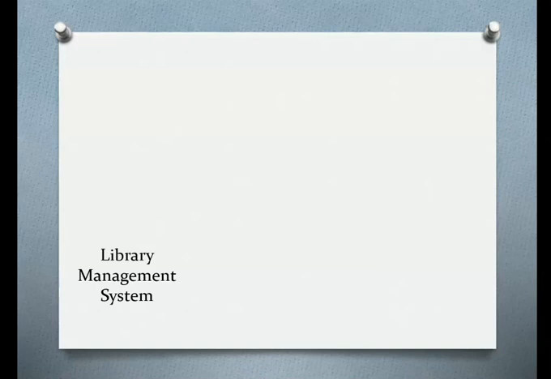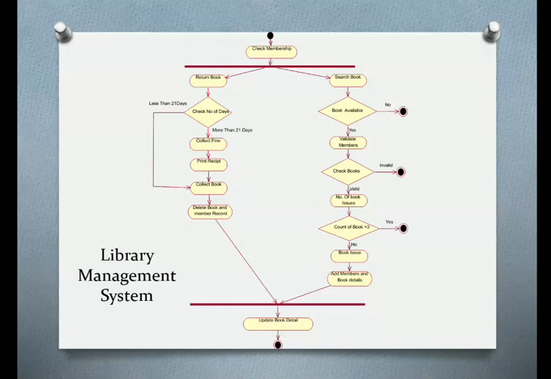Now, this is another example, of a library management system, which includes two important things: return book and search book. One person can arrive and return a book or search for a book, so there are two conditions. First, we check whether that particular student or user is a member or not. After verifying membership, the person can return a book or search for a book. These are two parallel or concurrent activities, and to represent this we use a fork.